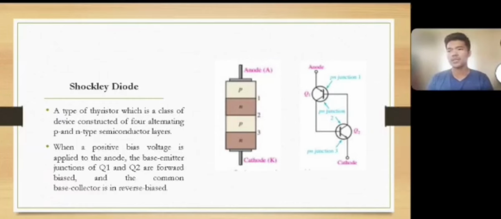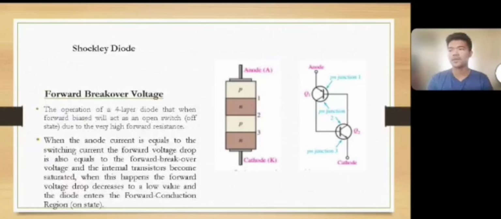When a positive bias voltage is applied to the anode, the base emitter junctions of the Q1 or transistor 1 and the Q2 transistor 2 are forward bias, and the common base collector is reverse bias. In the operation of a four-layer diode, a forward bias voltage will act as an open switch or off state due to the very high forward resistance